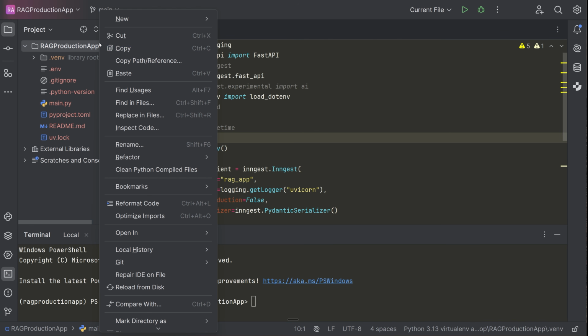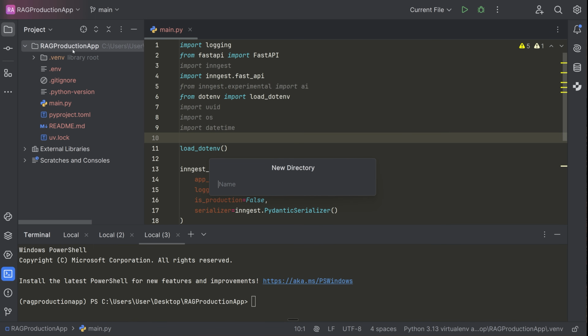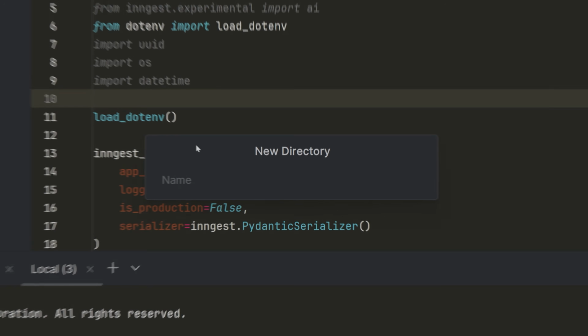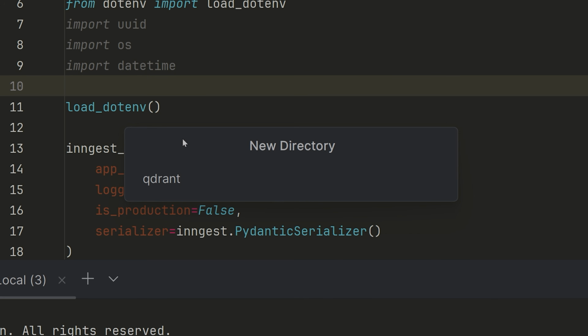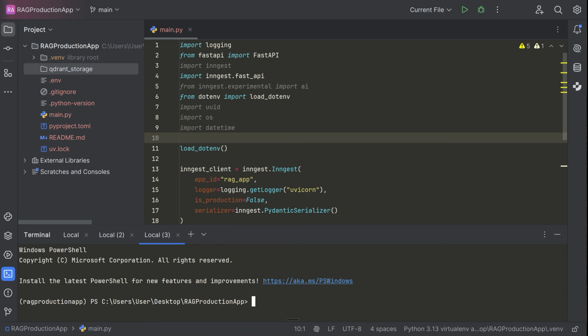Okay, now what we're going to do is make a new folder inside of our application here, and we're going to call this qdrant_storage. And this is going to be the volume effectively where we store the vector database that we're going to use in our application. Now what I'm going to do is copy in a command, and you can pause the video and type it out if you want, that's going to allow us to run Qdrant locally on